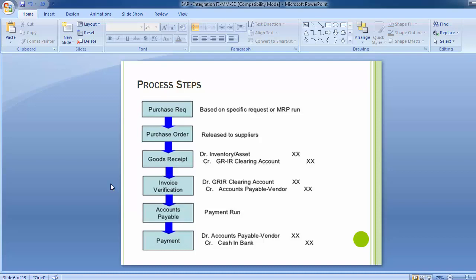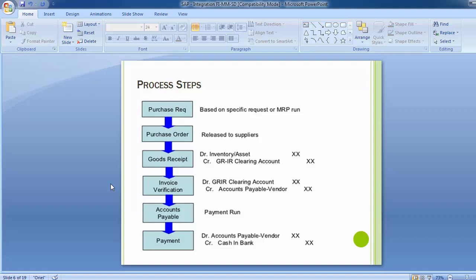All those things have to be matched with the purchase order, and then verified with the goods receipt, that whatever quantity is reflected in the invoice, that much quantity has been received in the organization or not. These two things have to be verified in the invoice verification, and once things are okay, we go and post the invoice into the SAP system.